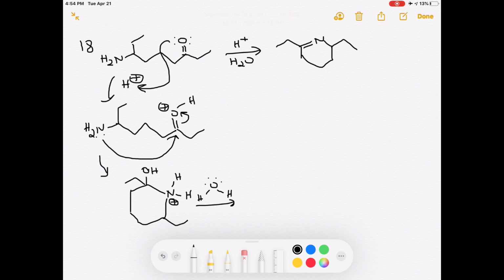The water will deprotonate this nitrogen, and in doing so it returns a lone pair to that nitrogen, and now even though this is a stable